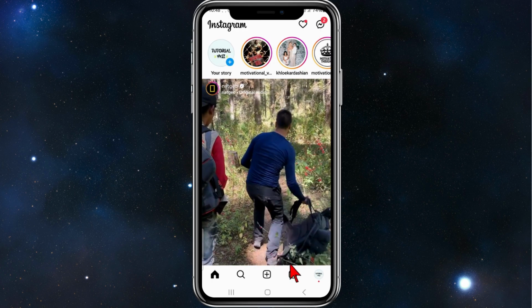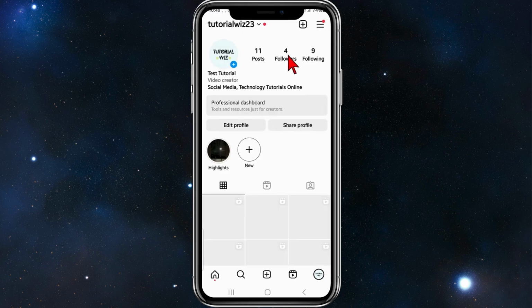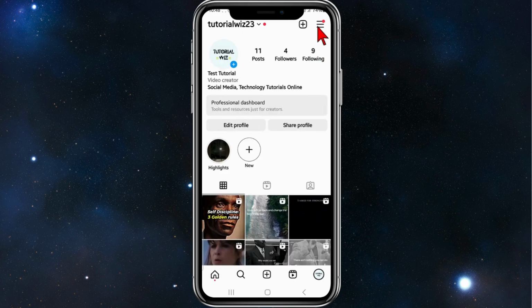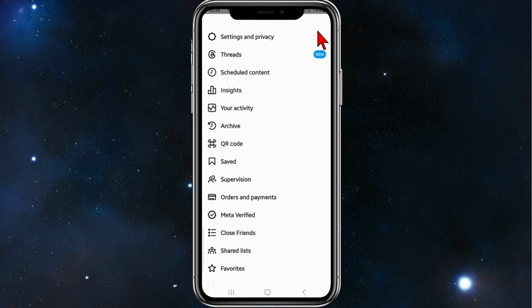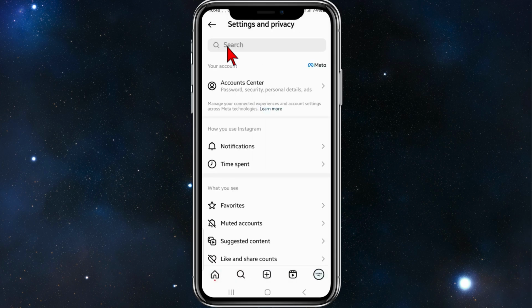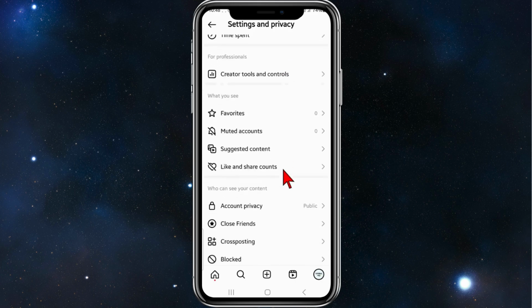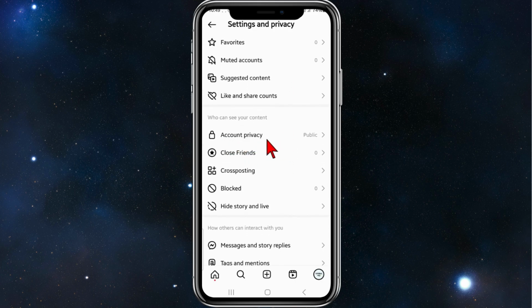And then click onto your profile, bottom right hand corner of your screen, and then from there click on the hamburger icon, and then from here you want to click onto settings and privacy, and then look for account privacy. Now click into that,